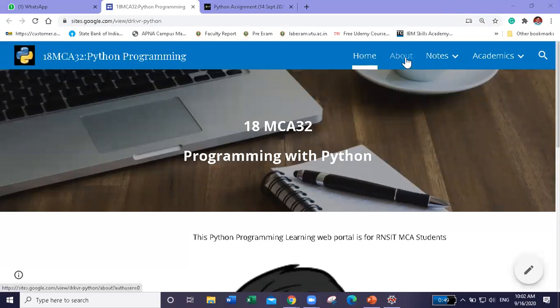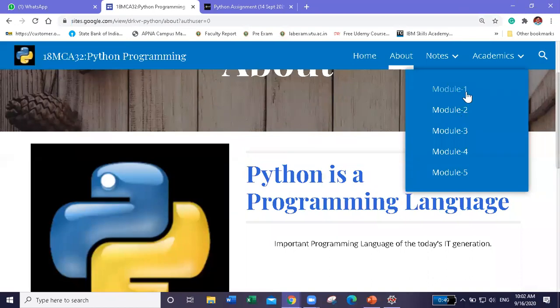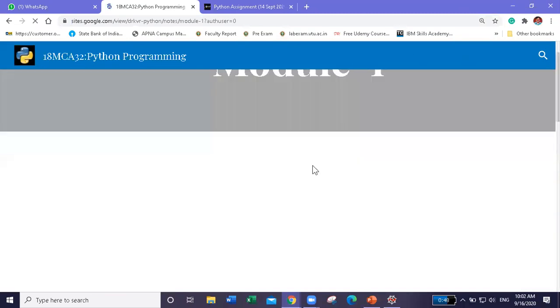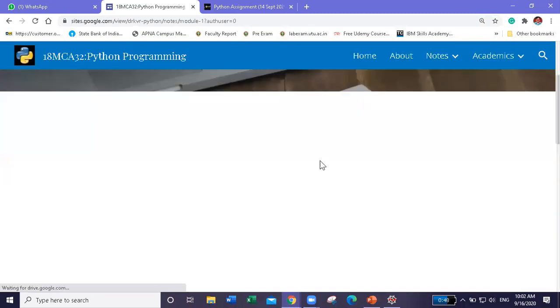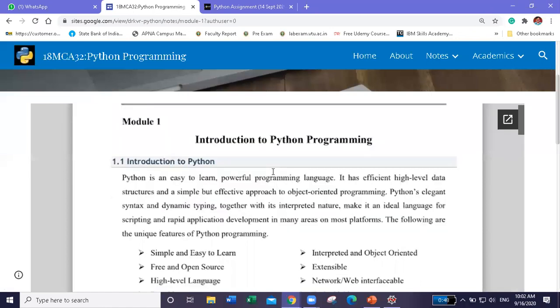So it has an about page and a notes page. In the notes, module 1, module 2, module 3 notes are already prepared. There was a departmental level verification, so we did the verification.